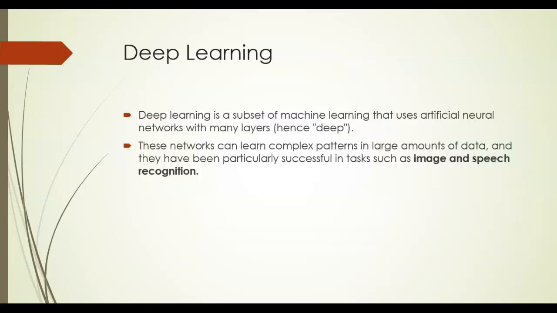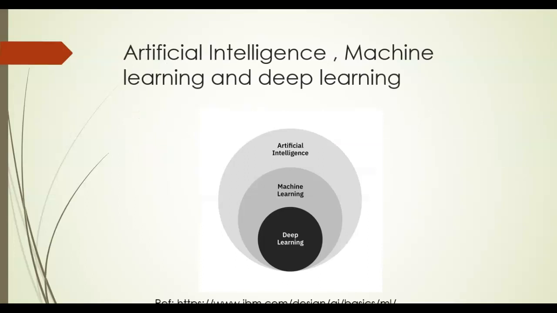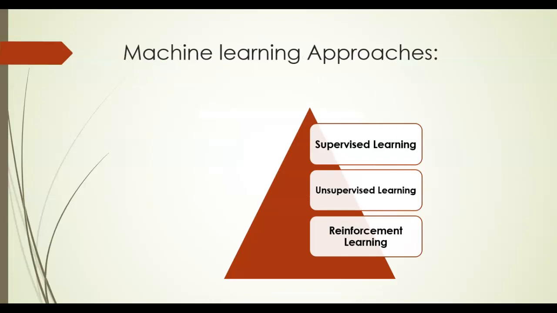So deep learning. Deep learning is a sub branch of machine learning. Deep learning is using deep neural networks. Now here deep neural network means many layers of neural networks are used. Deep learning is used for images and speech, where very minute information is also very important. So all the minute information can be captured with the help of deep neural networks. So artificial intelligence, then machine learning, and then deep learning.